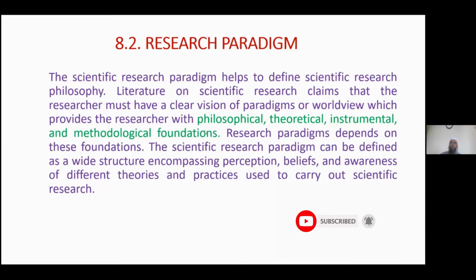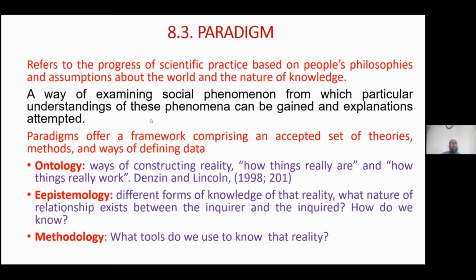So here we have three main components in research paradigm: ontology, epistemology, and methodology. Ontology is the belief of how the researcher sees the reality of a problem, how he sees the reality of the world. Epistemology talks about the relationship between inquiry and inquirer, the relationship between the researcher and the research. And methodology is how we acquire, which tools we use,